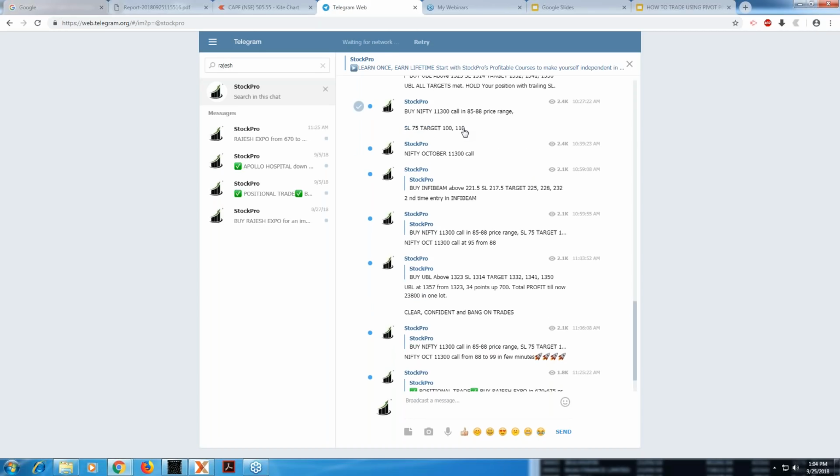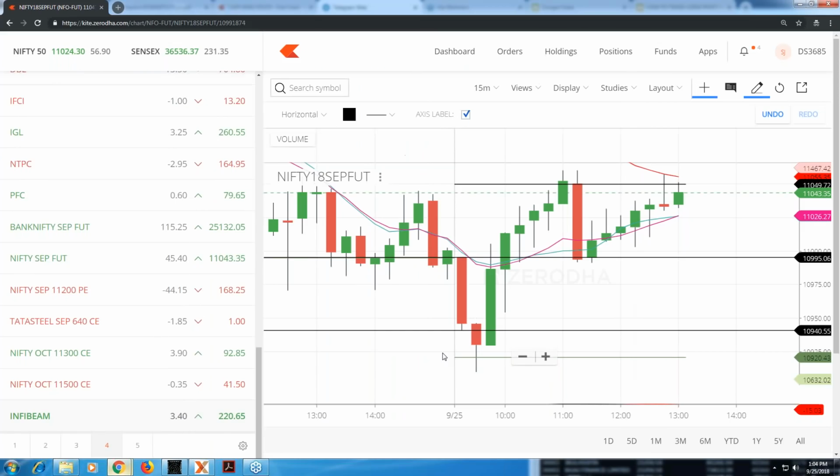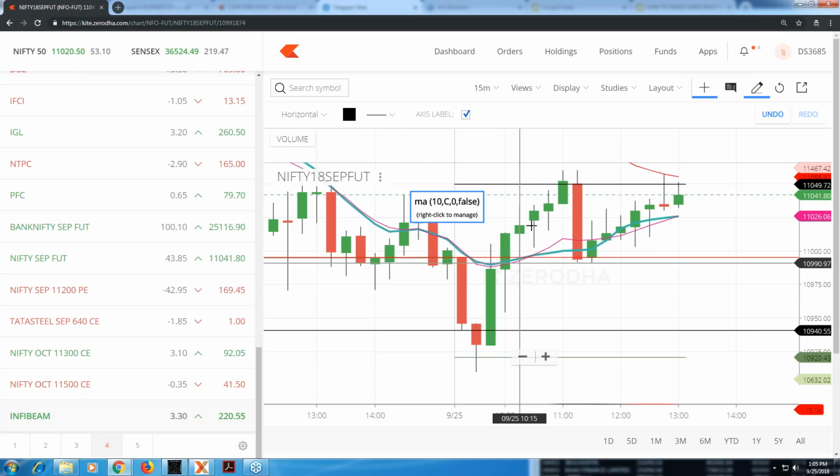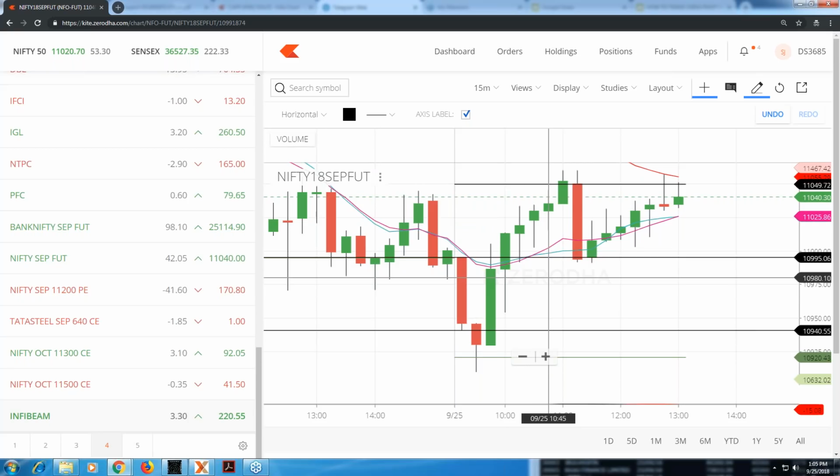100 and 110, right? Where did I give it? When did I give it? I gave it at about 10:30, right? And you can very well see this was precisely the time, 10:30, roughly about 10:30, when this candle was being formed, right? It was price rejection and the candle was about to head up in the upward direction, and within a few minutes,